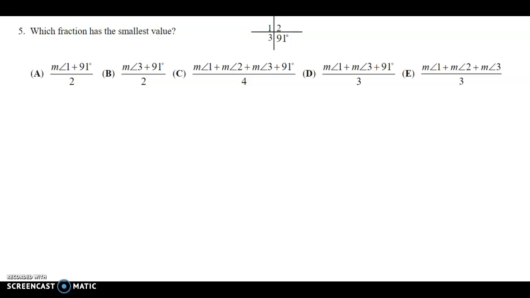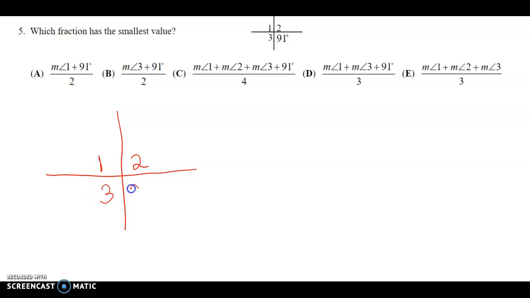Now let's move on to question number 5. Question number 5 asks, which fraction has the smallest value? In a problem like this, I might have to consider every single answer before I'm sure which is the smallest. The diagram that I'm given here, I'm going to make it a little bit bigger. My lines aren't straight, but